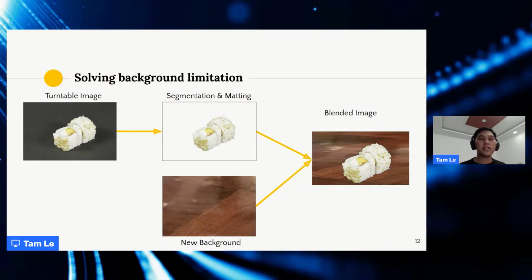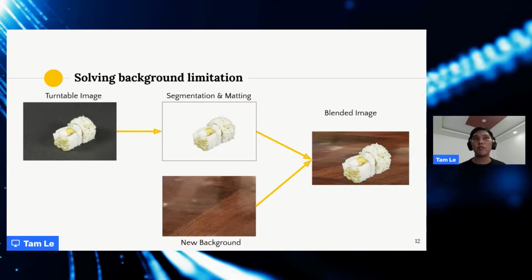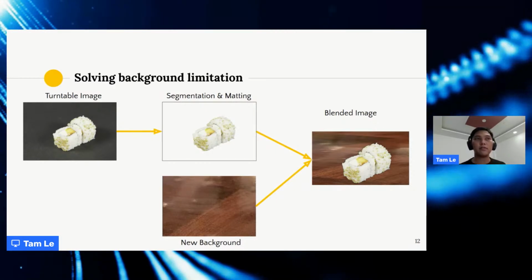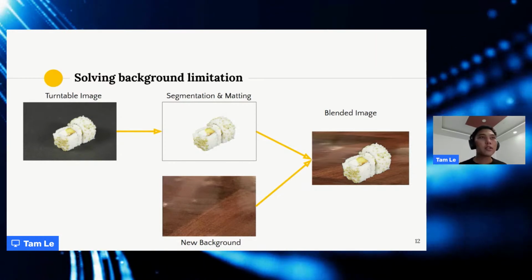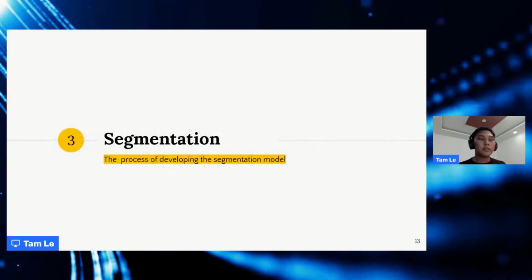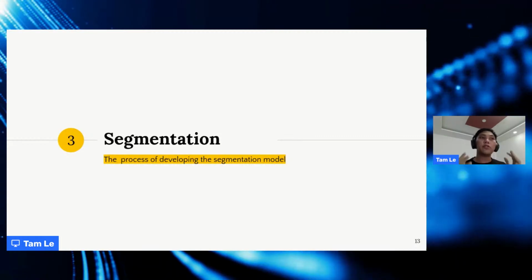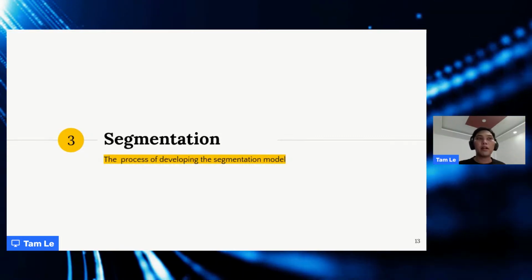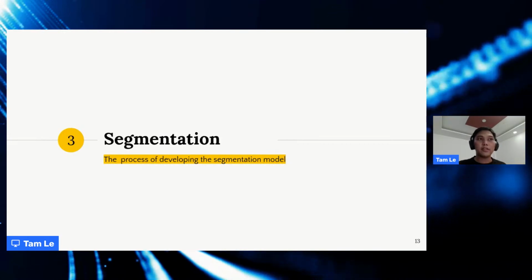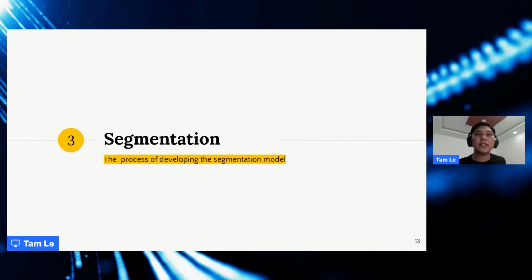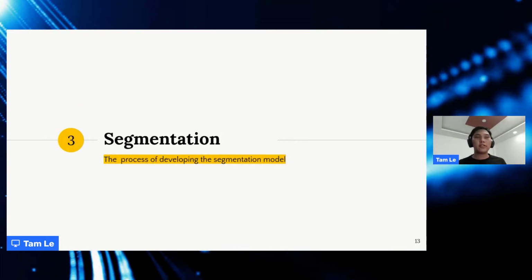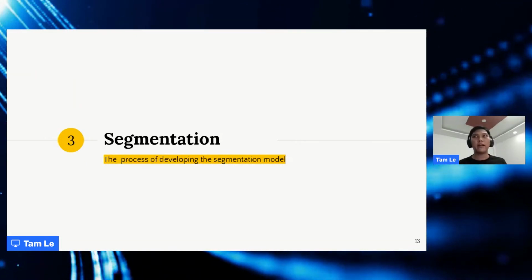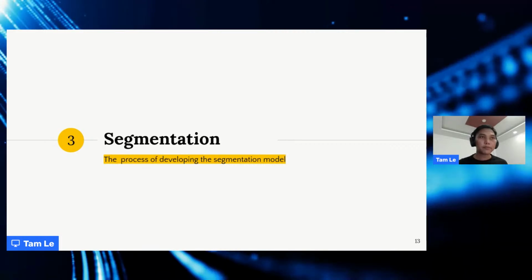Otherwise, if your segmentation mask is very bad, I think the mapping model can't help too much. This leads to the third part, which is the main part of this presentation: the process of developing the segmentation model. This is literally how I developed this.